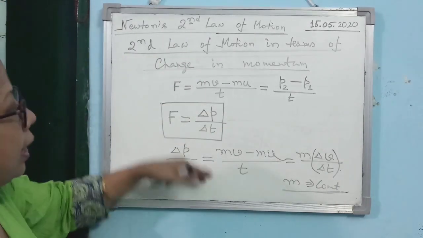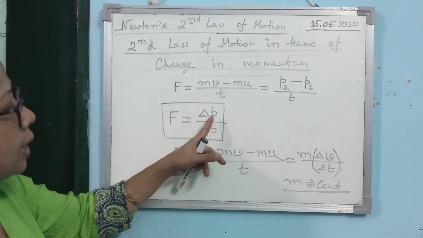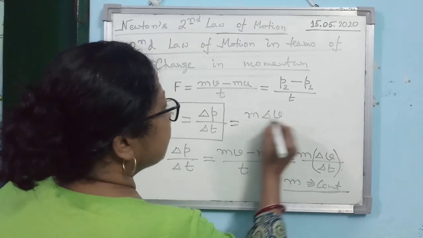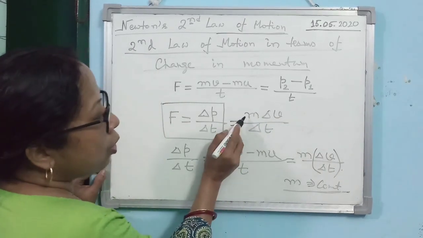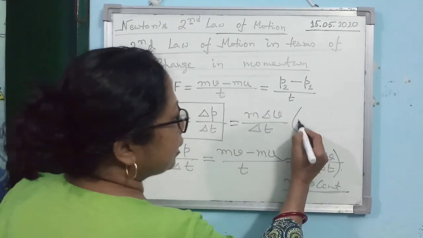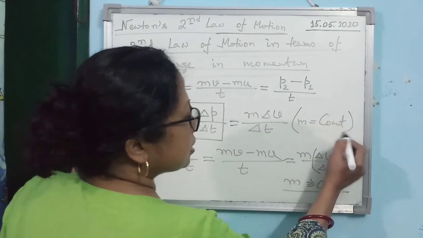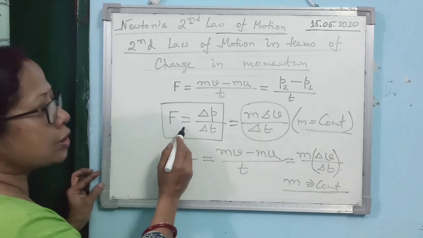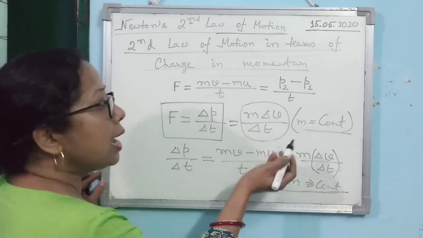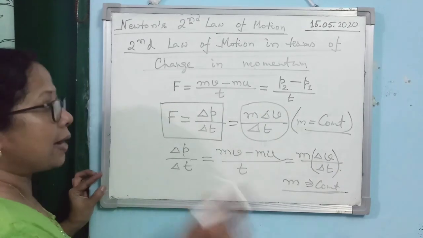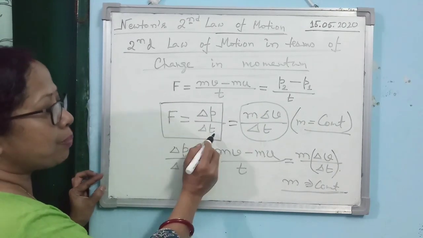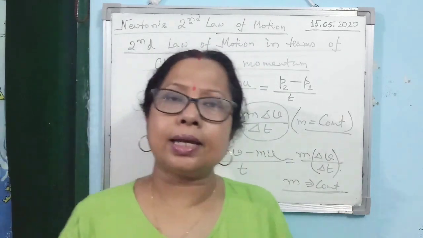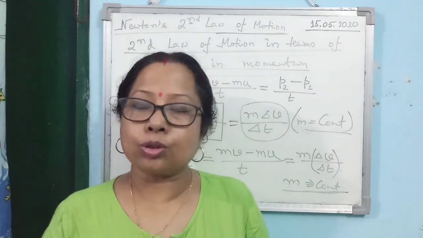So this is the way one can represent force. Force, either you can write delta p by delta t or you can write it as m into delta v by delta t. But remember, you can write m into delta v by delta t only when mass is constant. Is that clear? When mass is constant, then we use this formula, that force is equal to mass into delta v by delta t. And when mass is not constant, then we write force as delta p by delta t. Is that clear? So the second law unit of the laws of motion chapter is over.